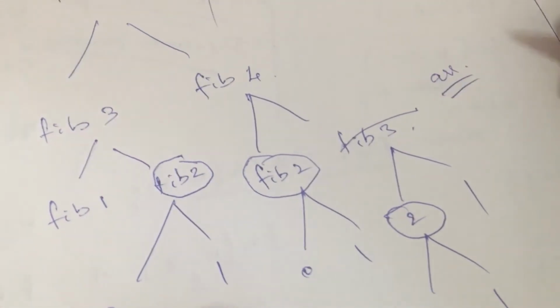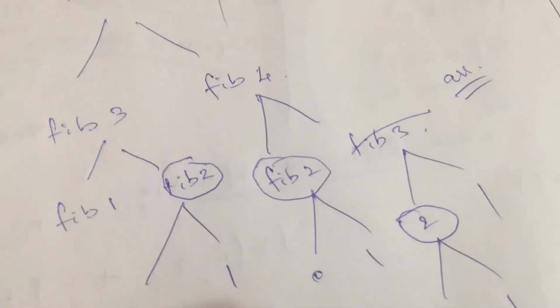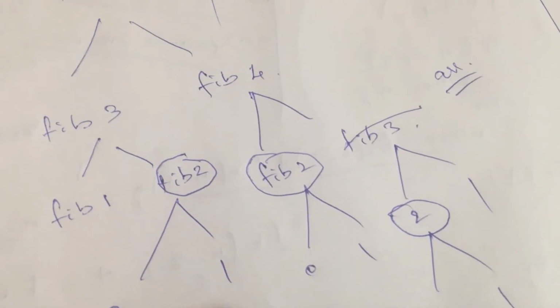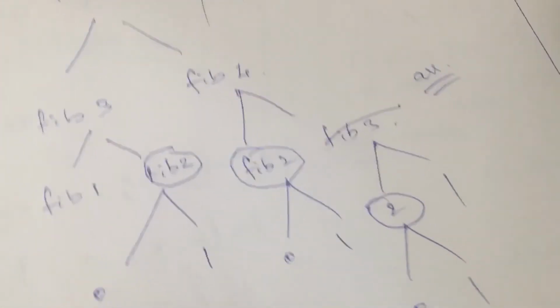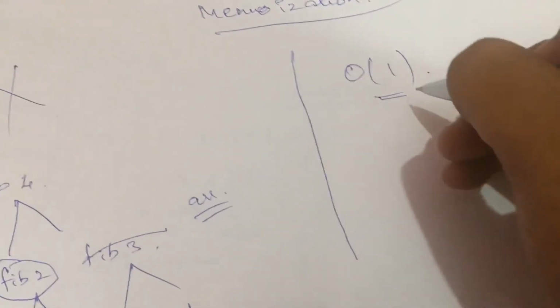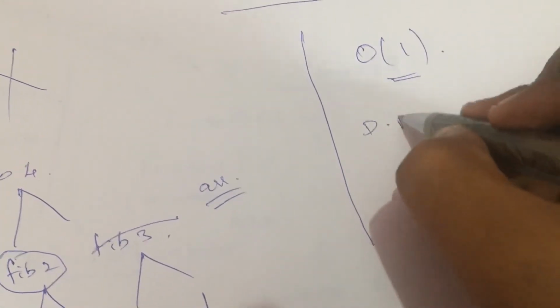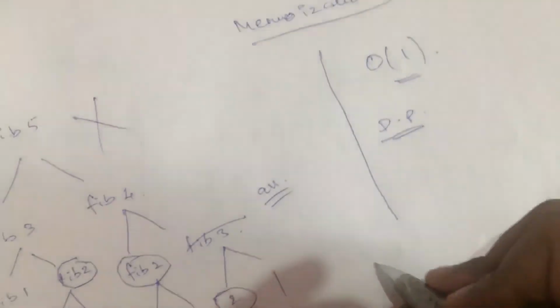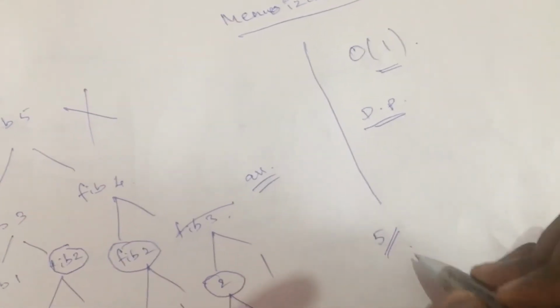And still, memoization is not the best optimal solution. It will reduce some number of steps, but if I need it to be O of n, O of 1 complexity, right? If I want this to be executed in O of 1 complexity, then I can use the dynamic programming approach. So how exactly is dynamic programming going to work? For example, if I want to find till fib of 5, right?